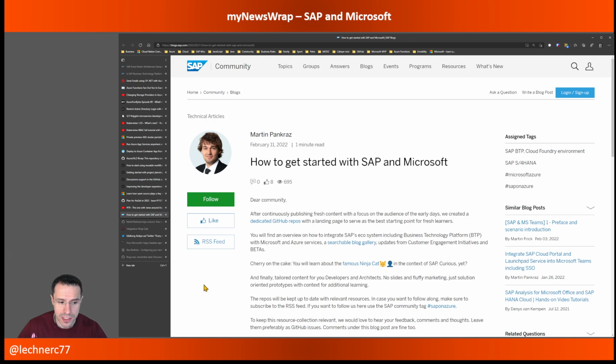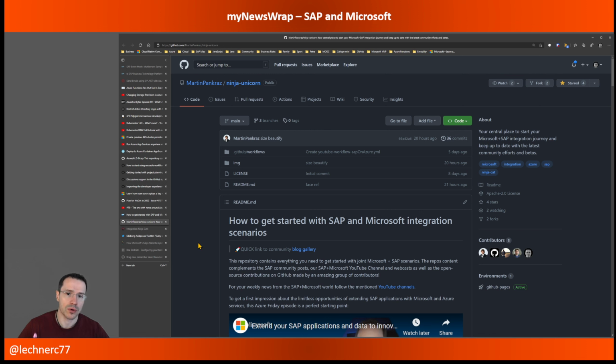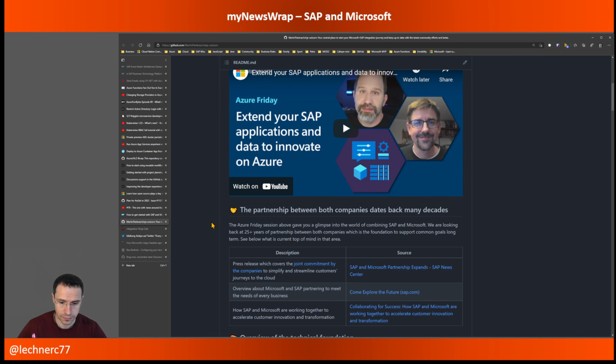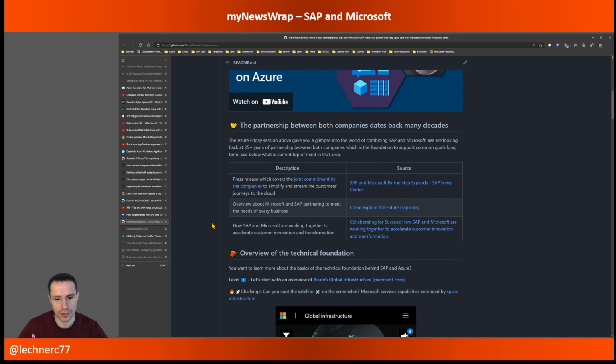And there is, as the landing zone per se, now a GitHub repository that I have also referenced in the show notes with the wonderful name Ninja Unicorn, which serves as a perfect landing zone if you want to get started with SAP and Microsoft, especially with integration scenarios. So it's not that much focusing on infrastructure topics,